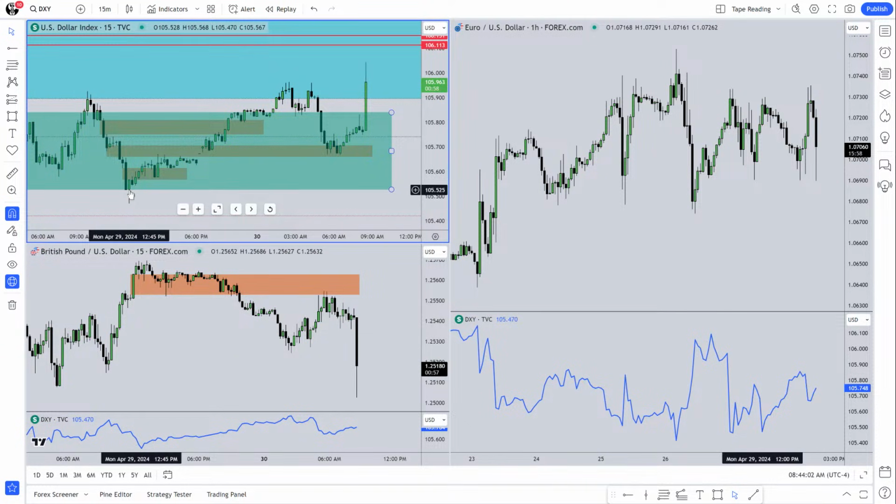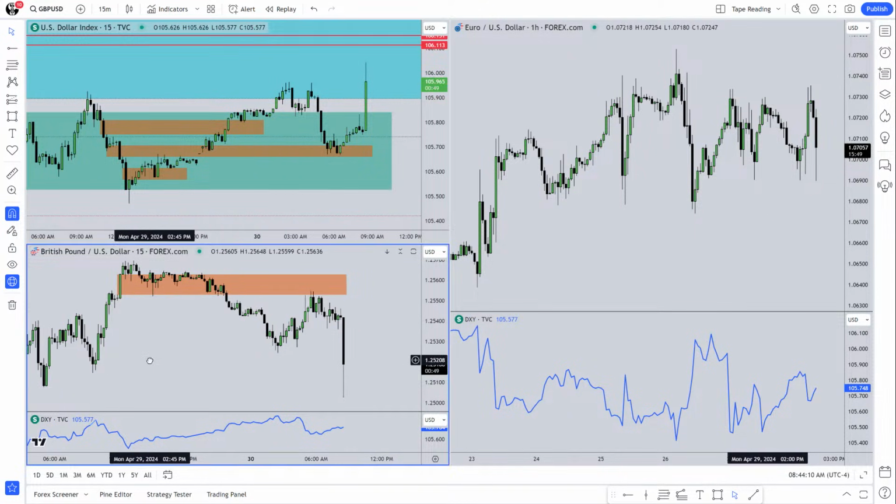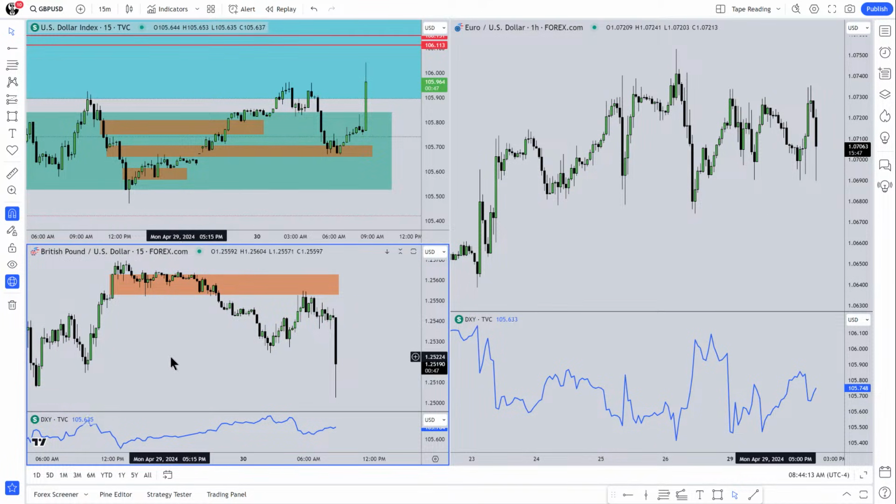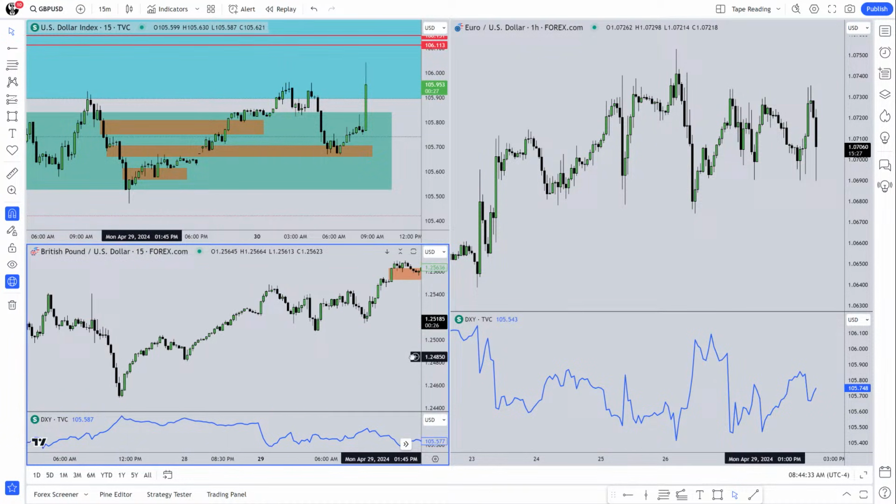So at the bottom of the daily fair value gap that we outlined yesterday beforehand, look at how the pound, which is this chart down here, you see how at that moment when we were trading down here at that candle at 12:30 p.m. yesterday, August 29th, that's this candle there. Okay, the market rallies up, and what's it creating here? If we were just looking at the chart like that,